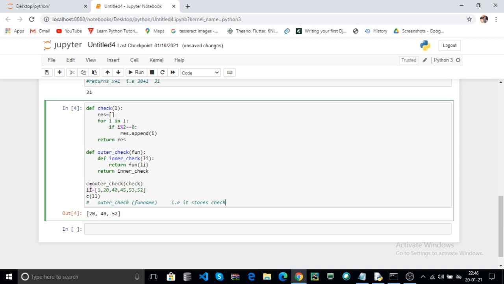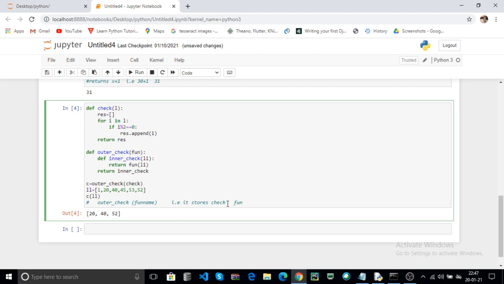Here the decorator is to pass a function as an argument to the other function, that is the wrapping function, and the function is called within the wrapping function. Here the outer check contains the parameter, which is the function name. Here I pass a function name as check. Here fun is replaced by check. That means fun is check.